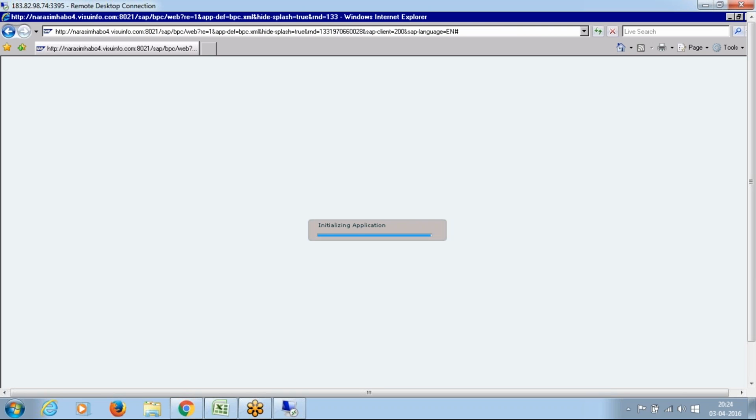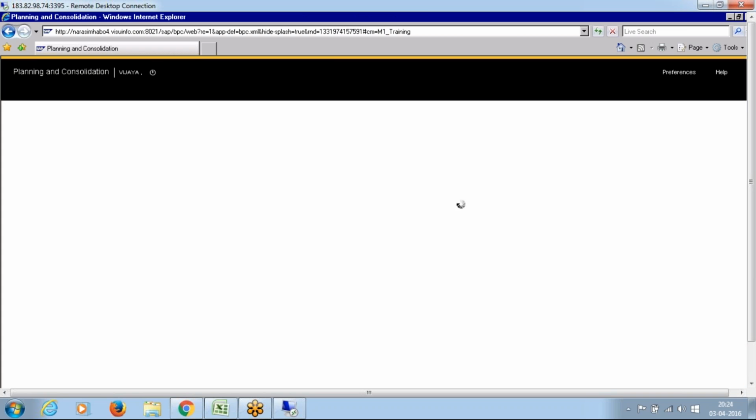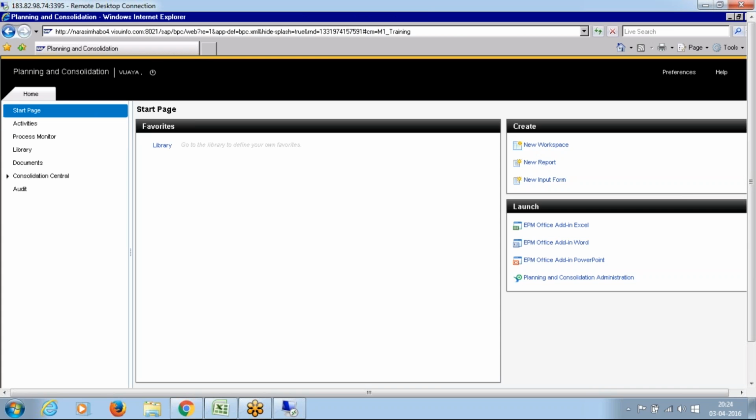Let me log in. So again, these are all a bit advanced business rules, which, from an interview point of view, you should be in a position to say, yes, I know how to do this. I understand the logic. I understand how the system performs. All these things from an interview point of view, you should be in a position to explain. But technically, when you get into a real-time job, you will not be given all these things at the initial stage itself, because this is at the advanced level, and this will be given to the BPC admin,